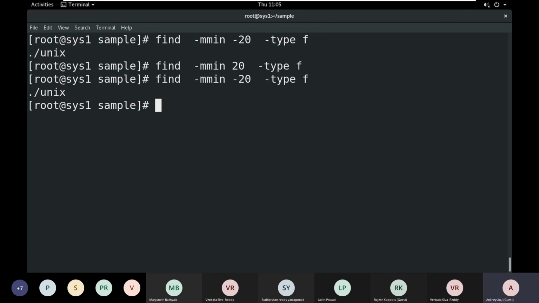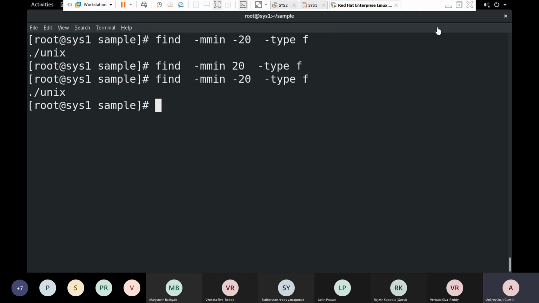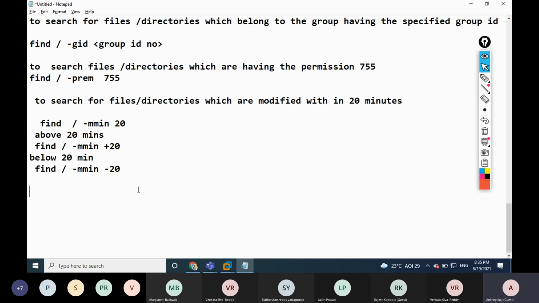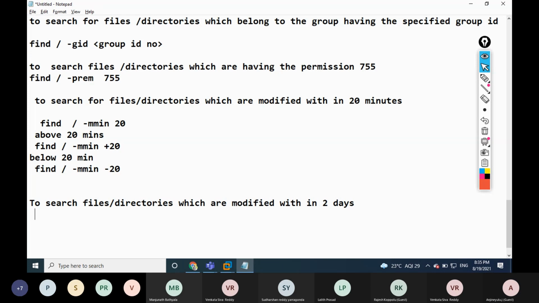So what we have to do here, to search files and directories which are modified in 2 days. Very simple. Find, then hyphen mtime, then 2 means 2 days.